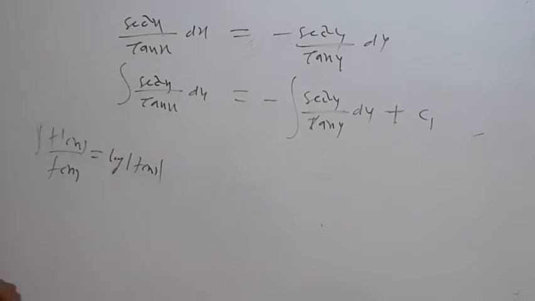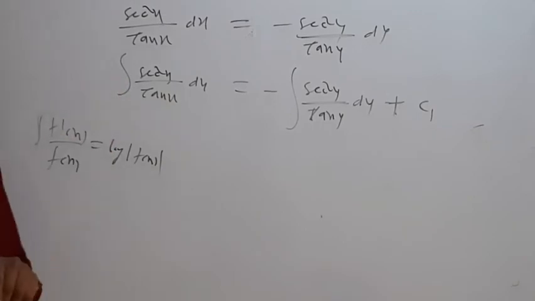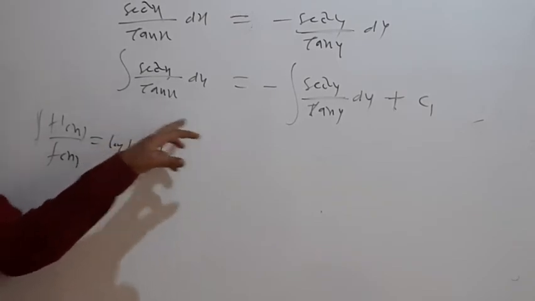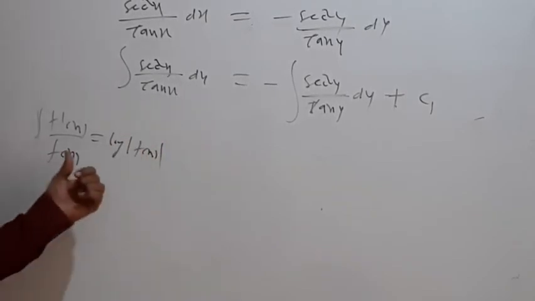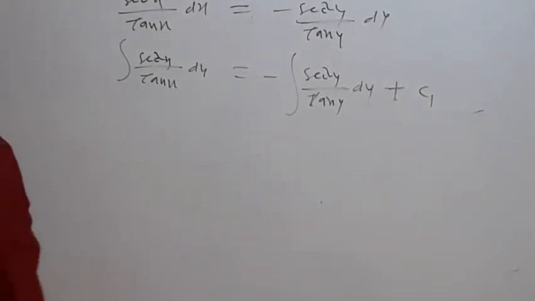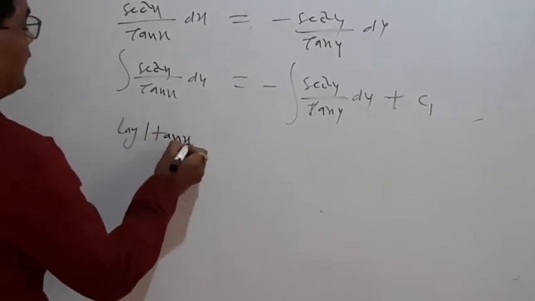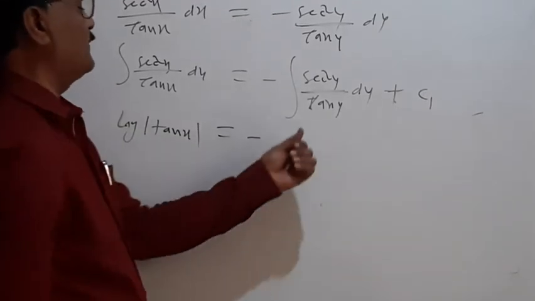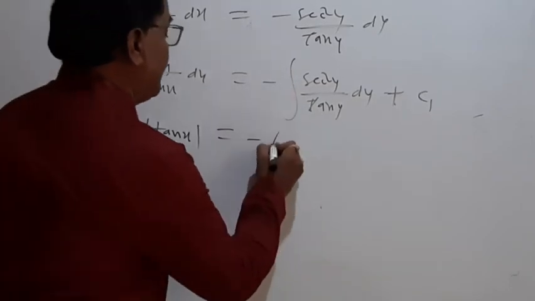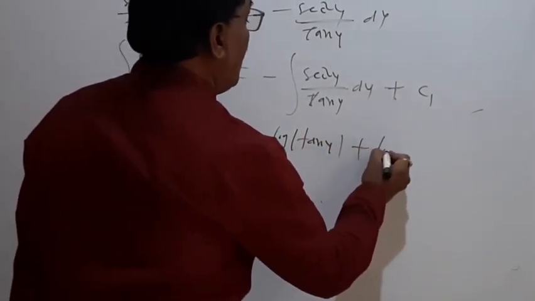Another method is the substitution method. Put tan x is equal to t. The derivative of tan x is sec square x dx is equal to dt. So dt divided by t, 1 by t, log t, and then put the value of t, that is tan x, log of tan x. This is one of the methods. And the direct formula, f dash x upon f of x is equal to log of f of x. So write down log of tan x. In the similar manner here also, the derivative of tan y is sec square y. F dash x upon f of x form. So directly write down log of tan y plus log c.